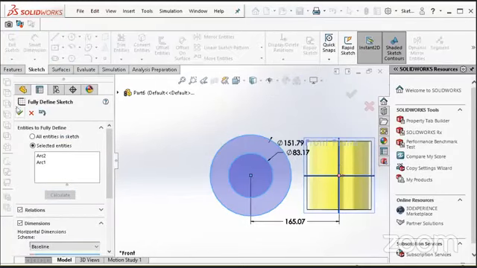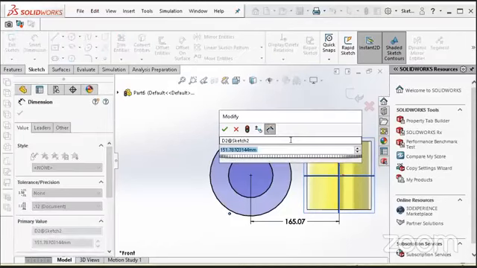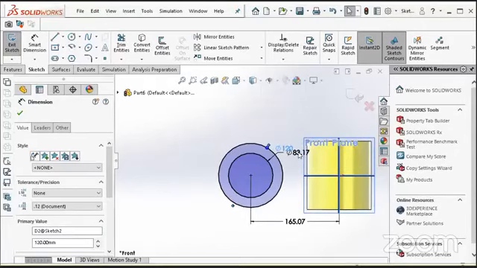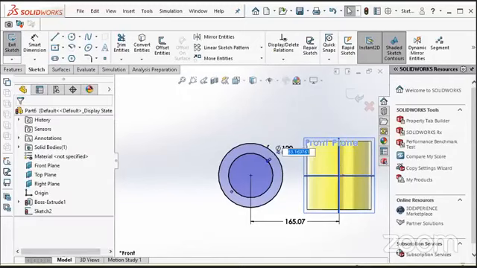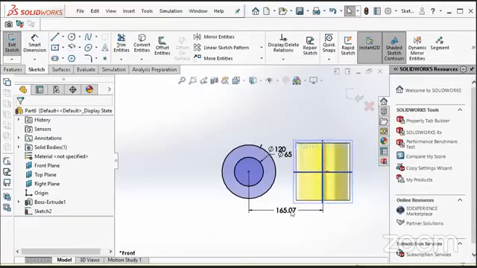Calculate. Yes. Again, I'll give it a value of 120, let's say. And this one I will give 65. And the last one I will give 160.